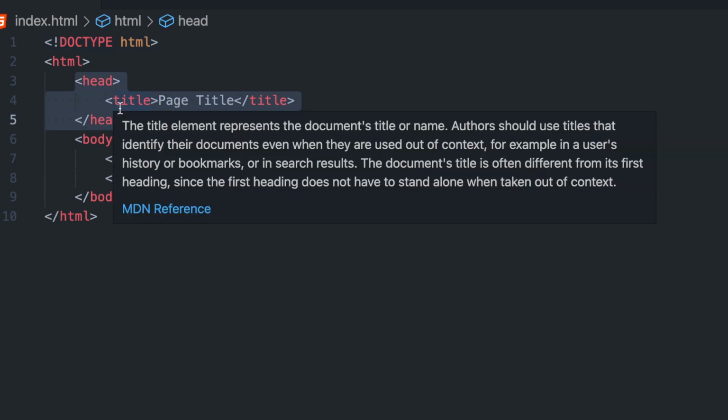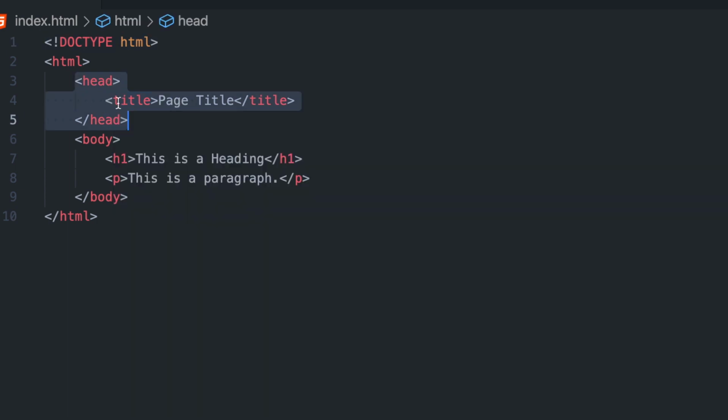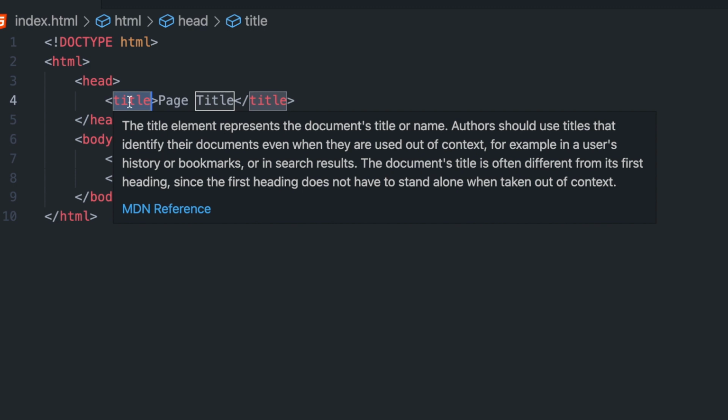There are multiple things you can add in head. There is a title. You can even add metadata for search engines to understand what your page is about. Google search engine uses a lot of other information inside this. Whatever you write in title will be shown on the page when you are rendering it.